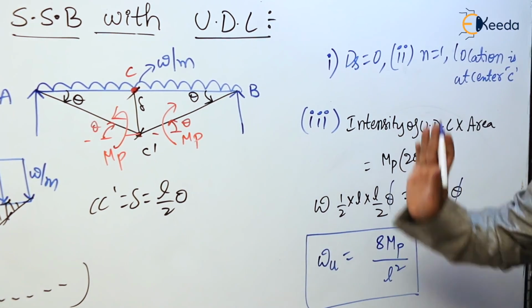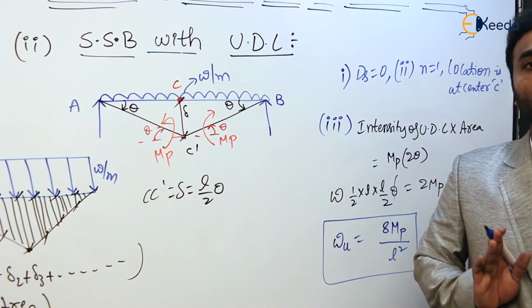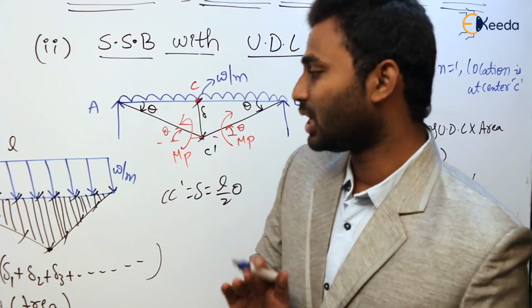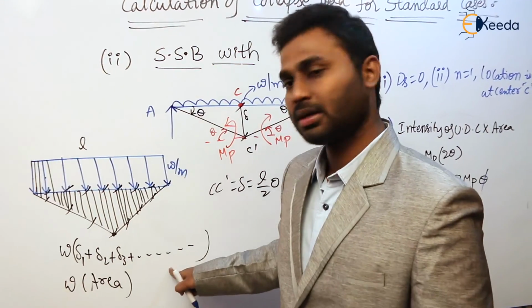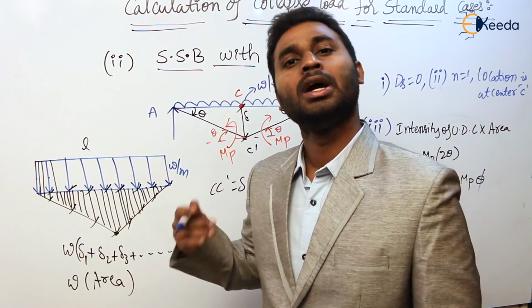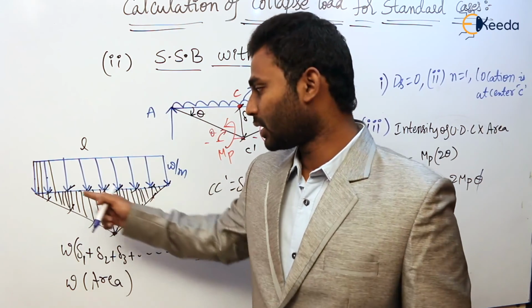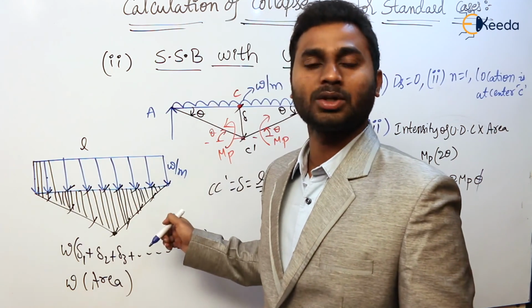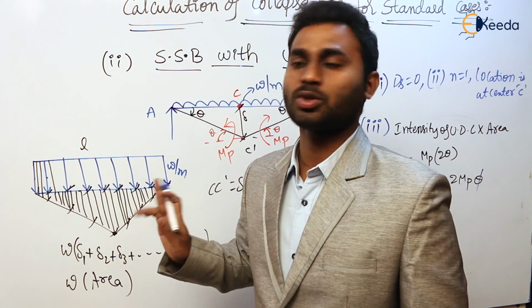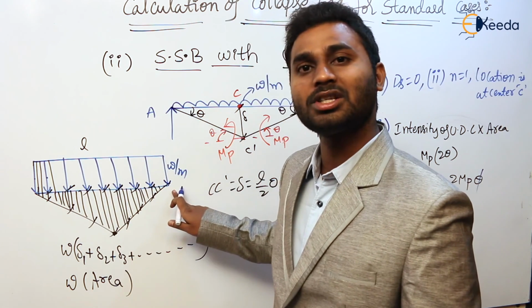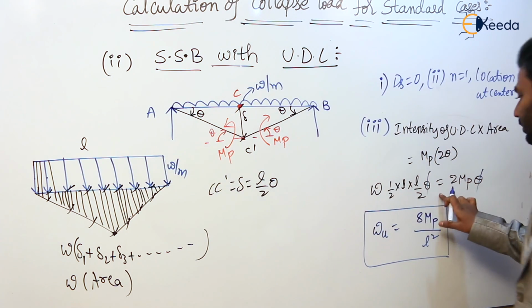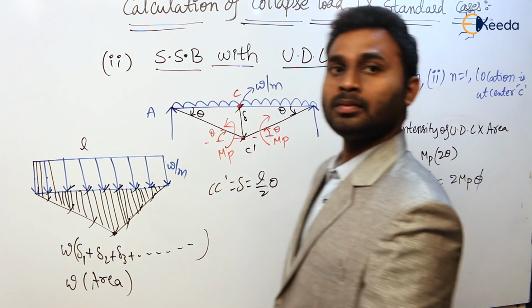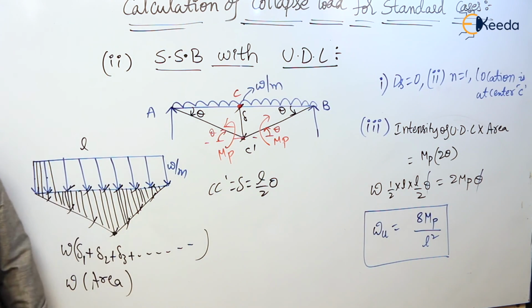Once again I am repeating, whenever there is a UDL, in the calculation of external work done, we have to take the area under it, or the area of the deflected shape, into intensity. Why we take the area: the concept is same. Work done is nothing but load into displacement under it. Here the load is everywhere throughout the span, so under the load there exists a displacement. We have to add all those displacements. Upon adding all those displacements, we get the area of a triangle. That is why we simply took the area of the triangle. That's the summation. This is the calculation of collapse load for a simply supported beam with UDL. Take it down.